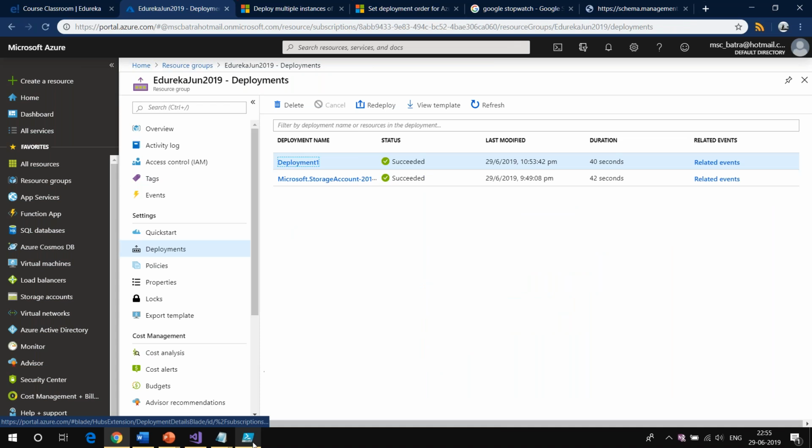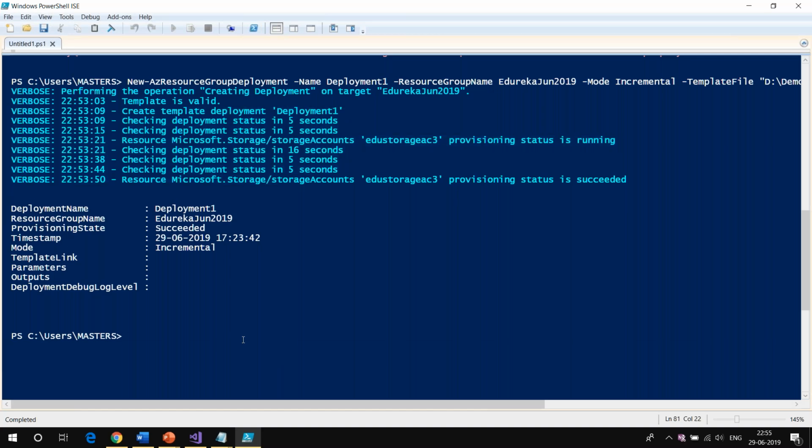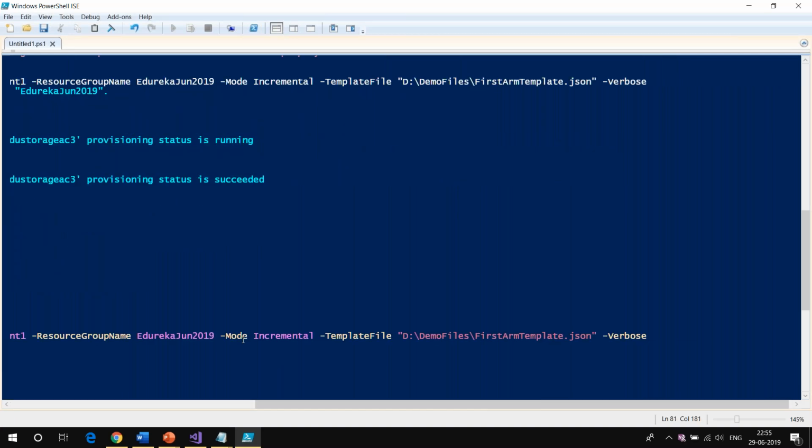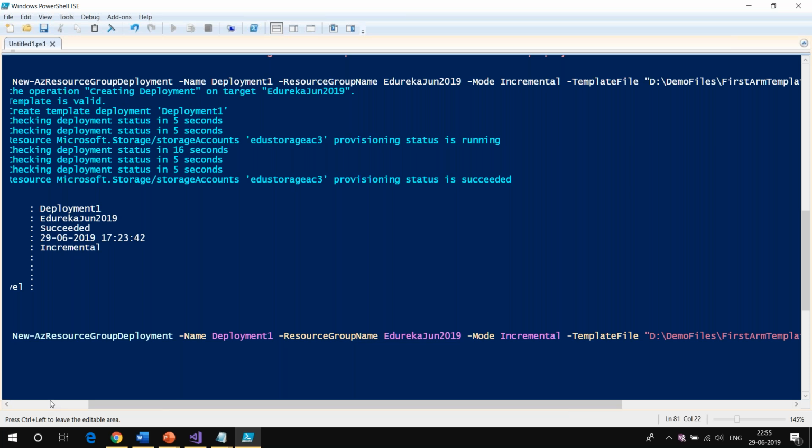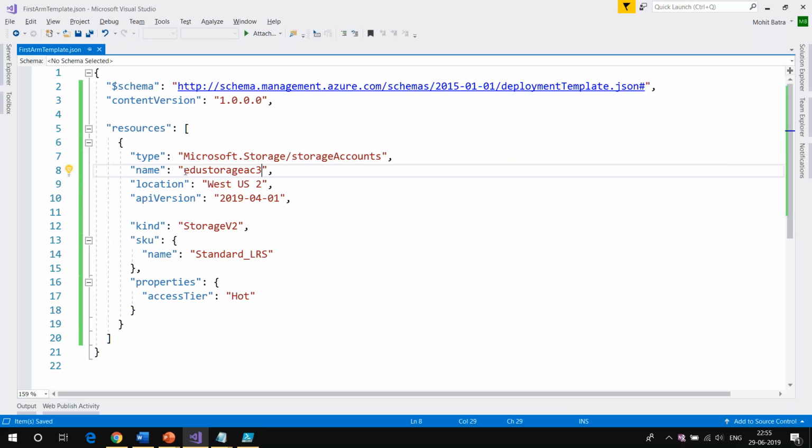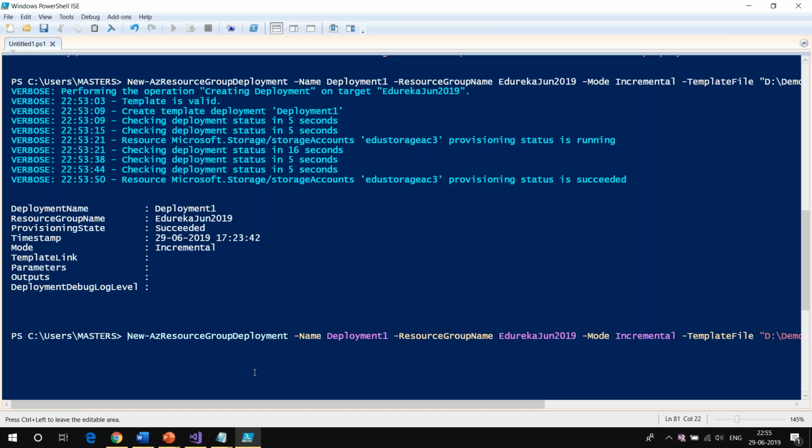Now I'm going to ask you one question. If I run the same command again with the same ARM template, it is telling me that I'm going to deploy a storage account with edu storage ac3. If I run the same command, will it give me an error or will it succeed? Can anybody tell me whether it will run successfully?